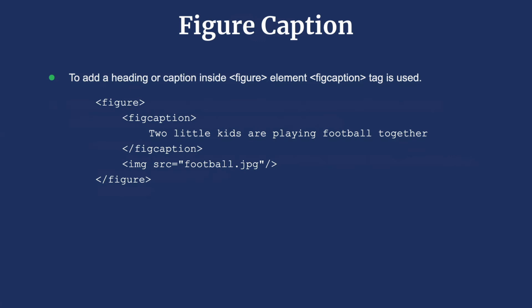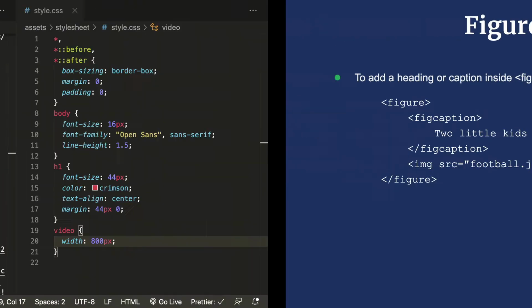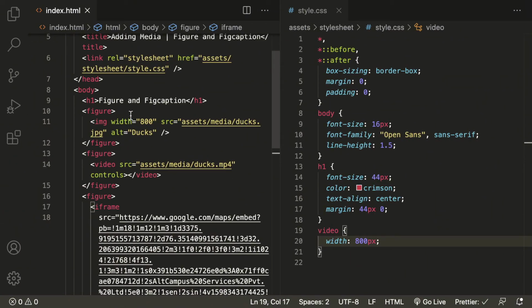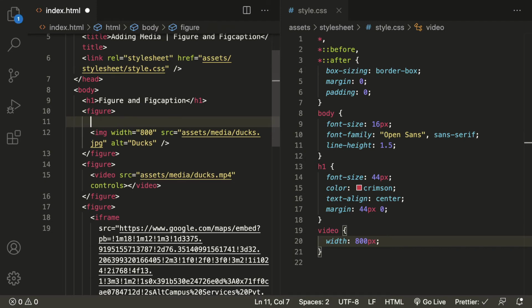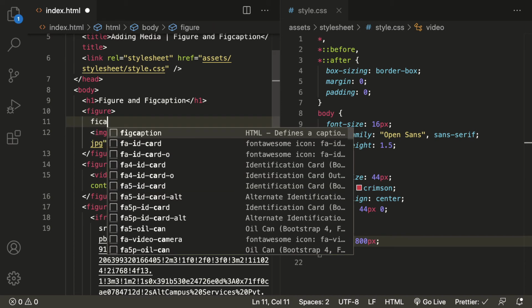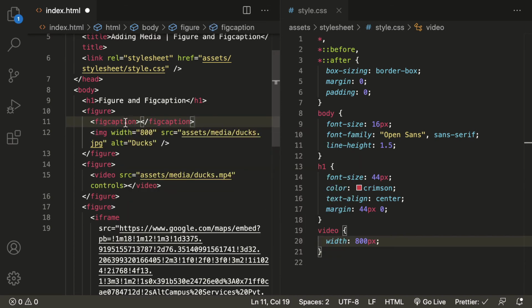So if you want to provide any kind of heading or caption to our content inside the figure, we can use the figcaption tag. Inside this figure tag we are using this img element, so we can use one figcaption tag. This is the figcaption tag to add one heading or caption, so we can say ducks.